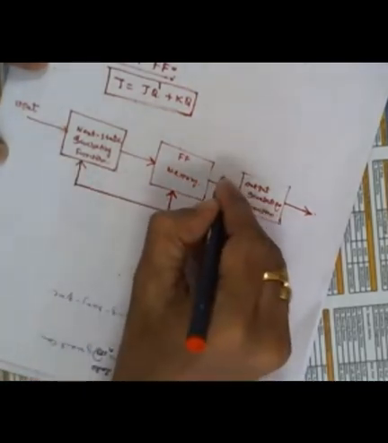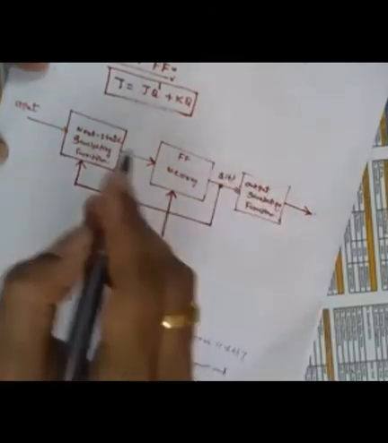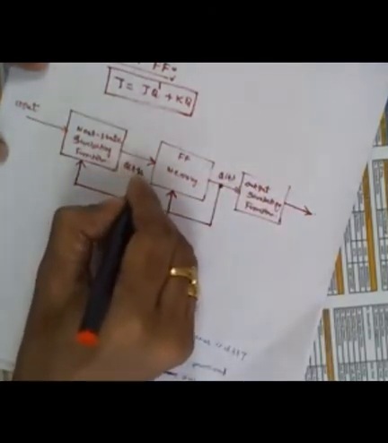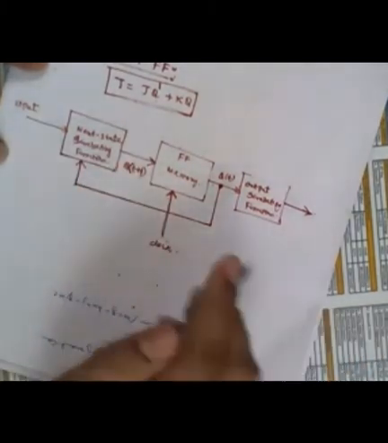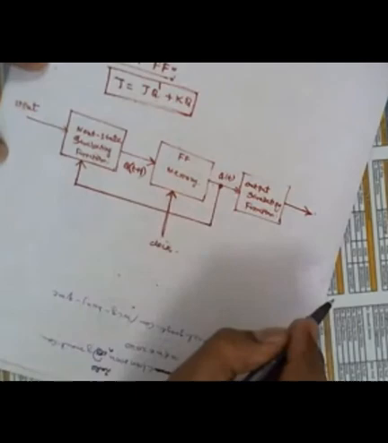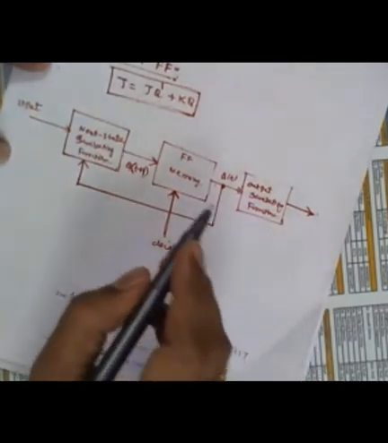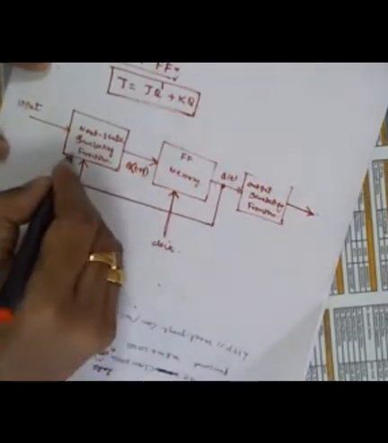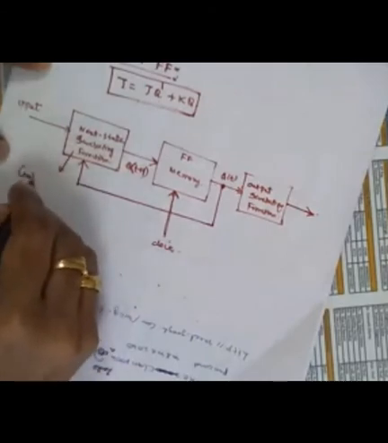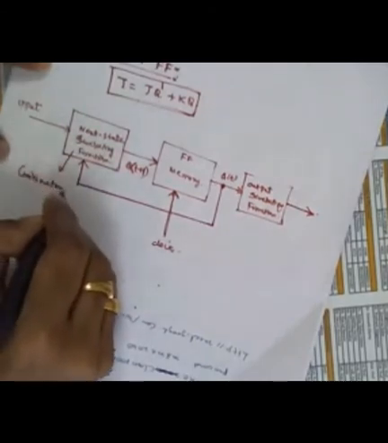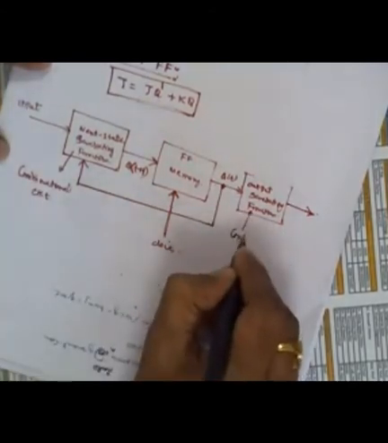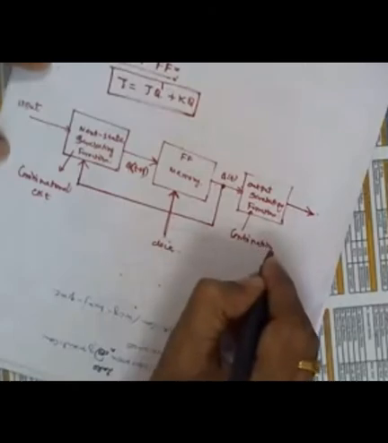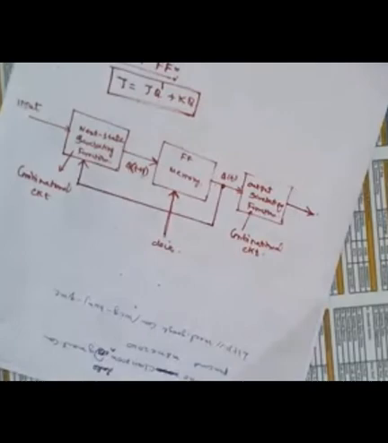Right? And if you take this as Q of t, then this fellow will be Q of t plus 1. Not the absolute Q of t plus 1, but this value only will decide what should be the Q of t plus 1 now. Right? So look here, this is a combinational circuit. This is also another combinational circuit.